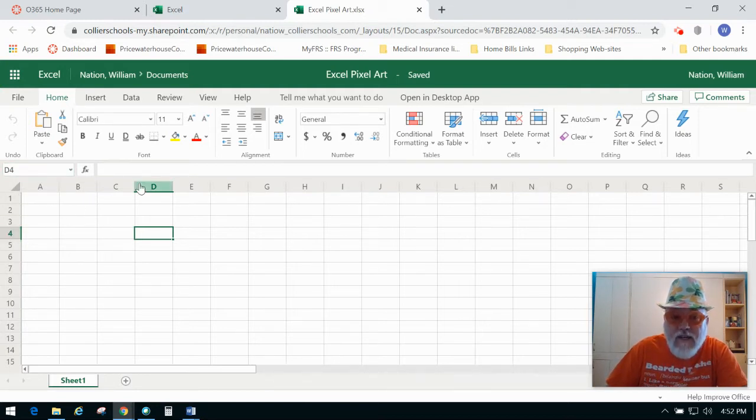D4 is the intersection of column D and row 4. So that's how you look for that. It's the intersection of the column and the row within that. Now you'll notice there's a couple little